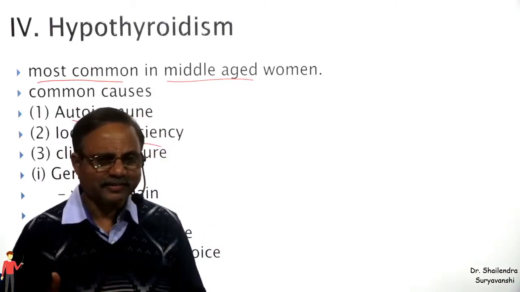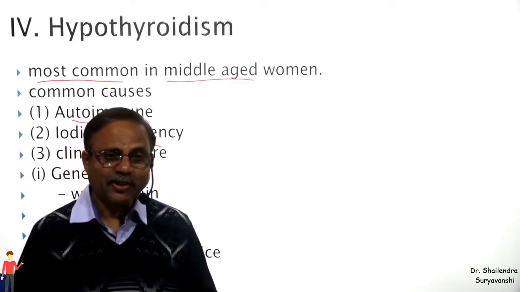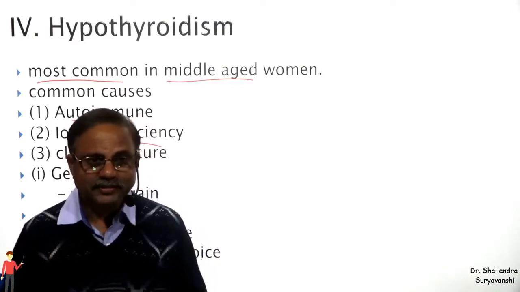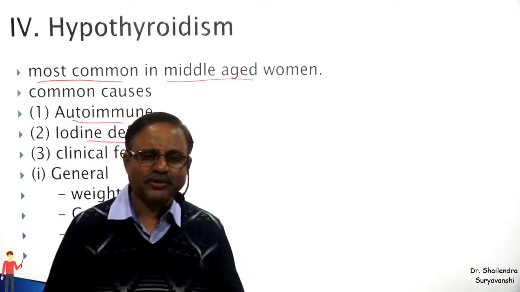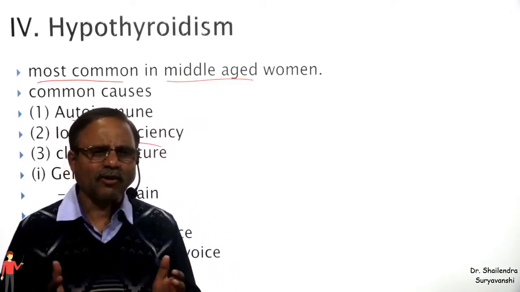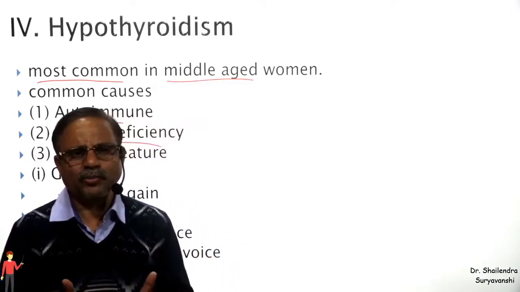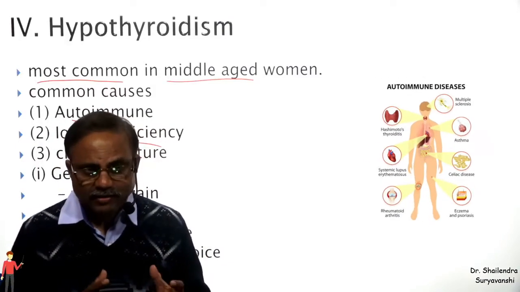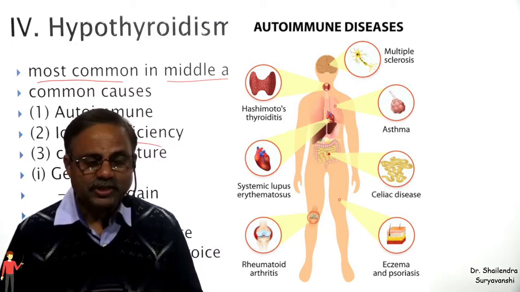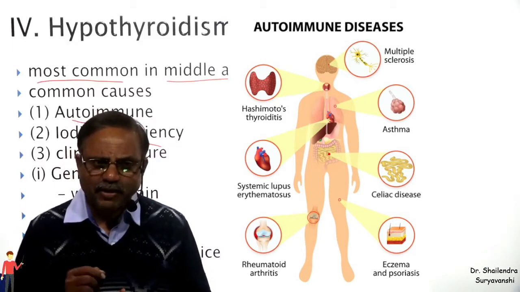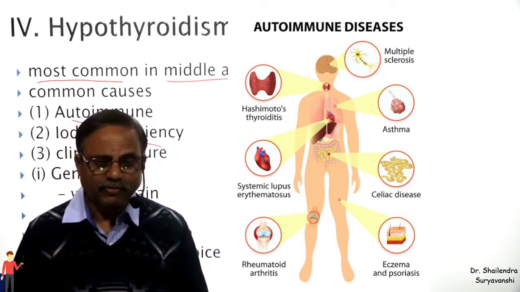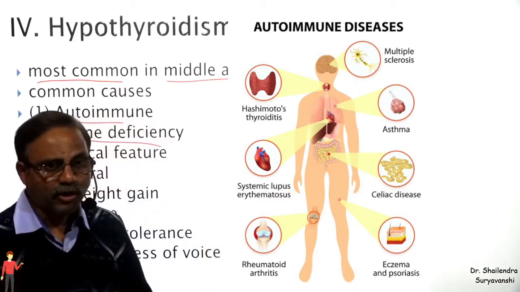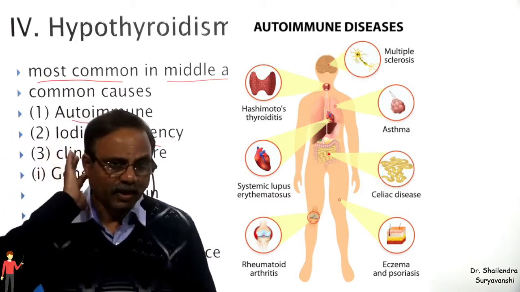Friends, you will be learning or appearing for the NEET. Obviously, you want to become a doctor, and when you study medicine and other books, you will find there are a lot of diseases having autoimmune etiology. What does autoimmune mean? In our body, we have an immune system, and its primary function is to protect our body from infection by other organisms, particularly bacteria and viruses.